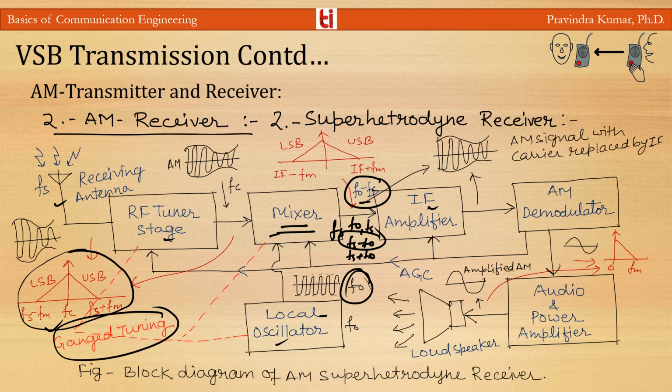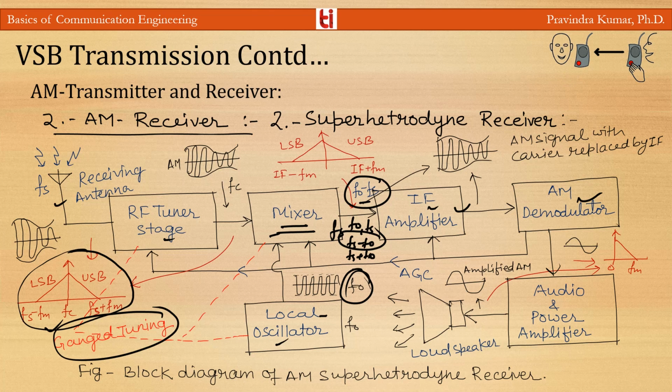The intermediate frequency signal is then amplified by one or more IF amplifier stages. These IF amplifiers provide most of the gain, or the sensitivity, and the bandwidth requirement of the receiver. So the sensitivity and selectivity of this receiver do not change much with change in the incoming frequency. So this is stable with the frequency variation. The amplified intermediate frequency signal is then demodulated to recover the original modulating signal. This is then amplified and applied to the loudspeaker.